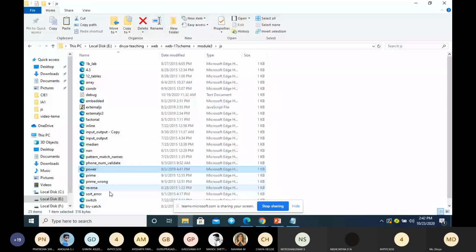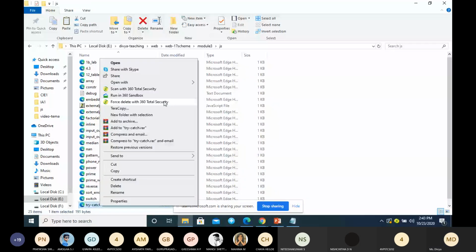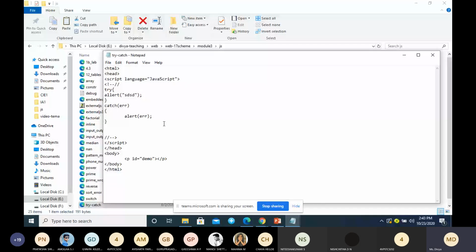Here we have try and catch, and a small code. You can see here, in the body we have a paragraph. Okay, you can see here I have a try block.